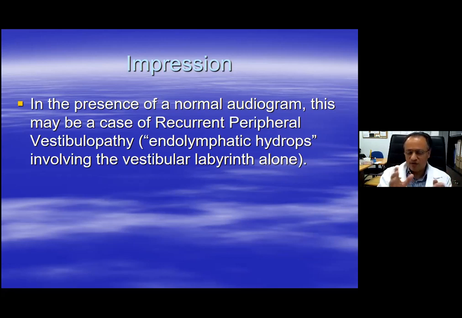And if the calorics were also found to be abnormal, we'll be talking about the vestibular labyrinth being involved and the cochlea not. And this is what's been described at the moment as recurrent peripheral vestibulopathy. So, as if we don't have two conditions to differentiate between. We also